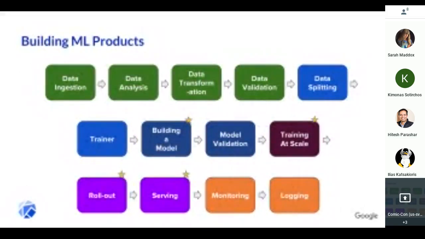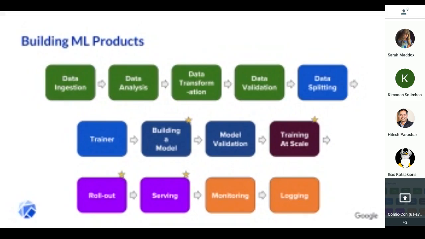So this is one of the canonical slides from the Kubeflow decks. I think David first presented this at his KubeCon talk in 2017. And so the idea is that if you're building an ML product, this is the workflow of development that you go through. You start off doing data ingestion and transformation. Once you have your data prepared, then you train your model. Once you've trained your model, you go about deploying that model somewhere. And then once you have your model deployed, you have to operate that model, collect logs, et cetera.